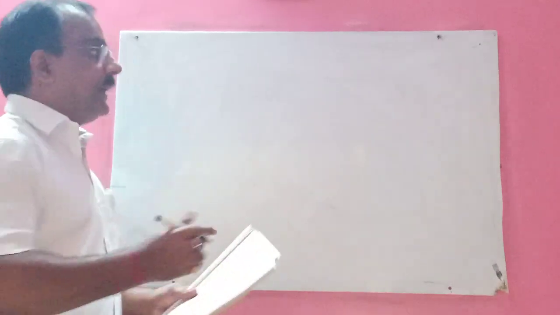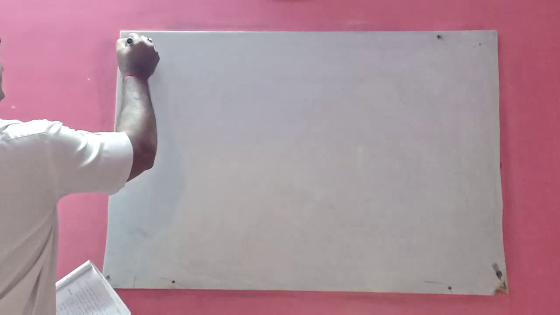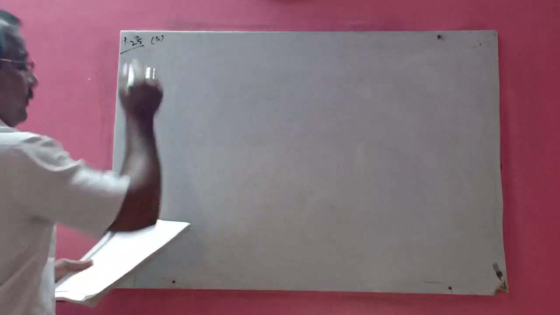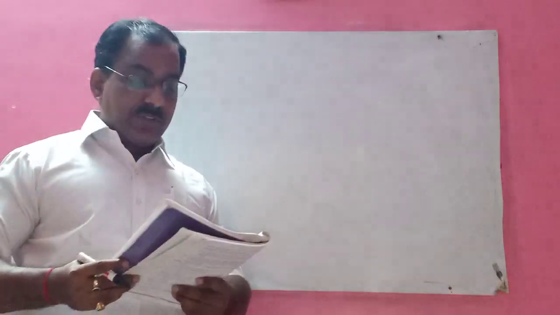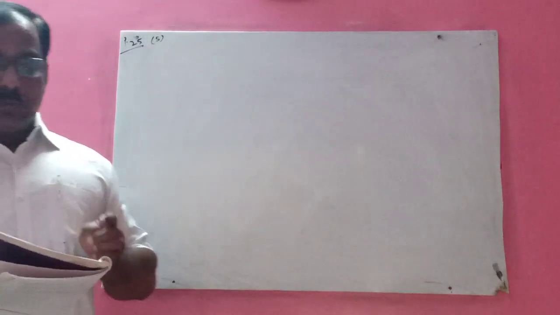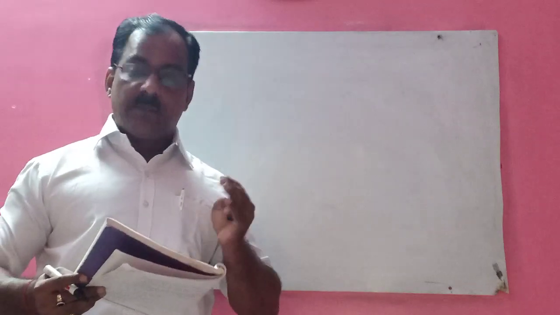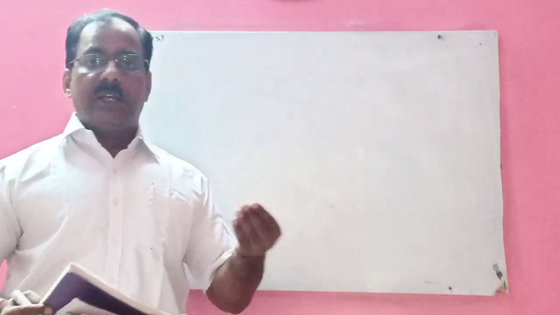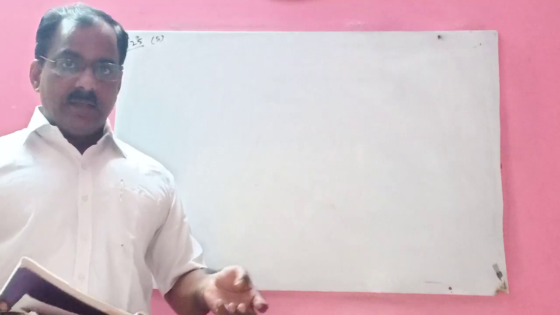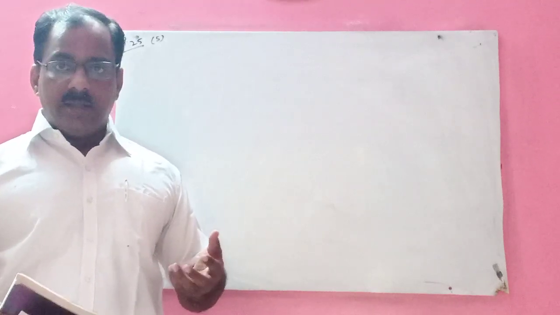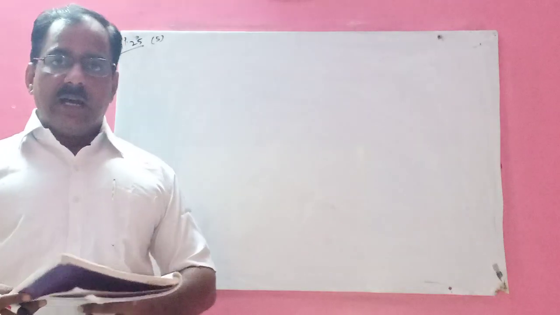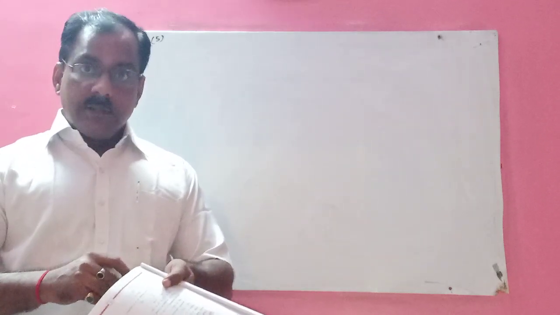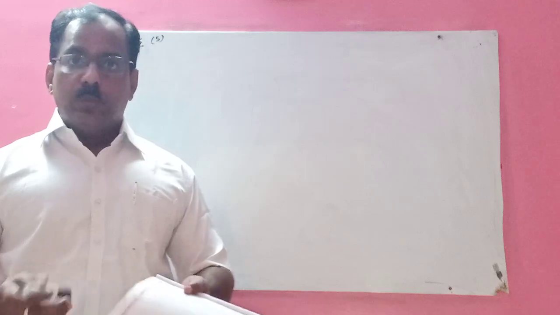Now today, page number 25. Page 25, example number 5. See what is given here. A 3-digit number is equal to 17 times the sum of its digits. 3-digit number, children, for example I can say here 245, 598, 500, 900, 998. All these are 3-digit numbers where you will find hundreds place, tens place and unit place.